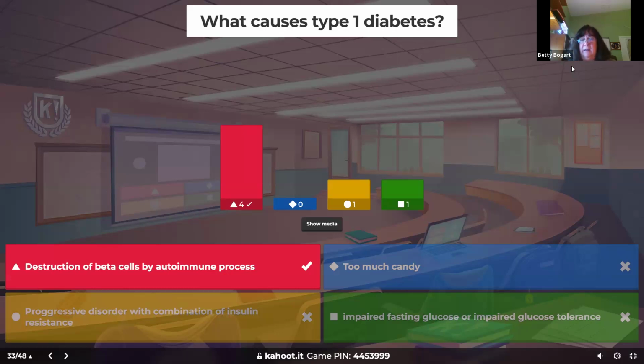So DKA, what do you see? Blood sugars. I've seen over 1,000 on a child. You also are going to see ketones in the urine. And if you do blood gas, which we will, you're probably going to see a blood gas of 7.0. I've seen as low as 6.85, and the child made it. It was an extremely ill case.